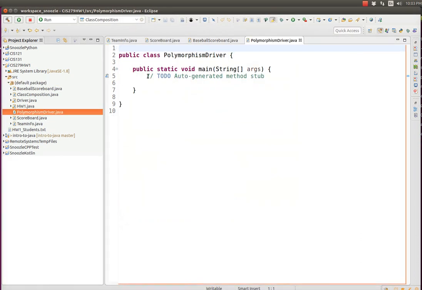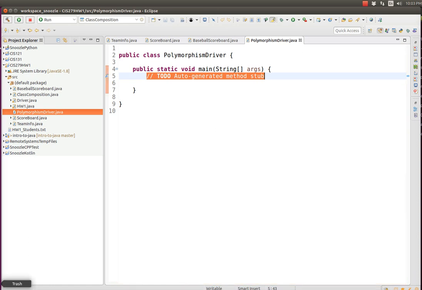So I have a main here, and then basically I'll do two games and display the outputs. So I'll call this baseball scoreboard, and then